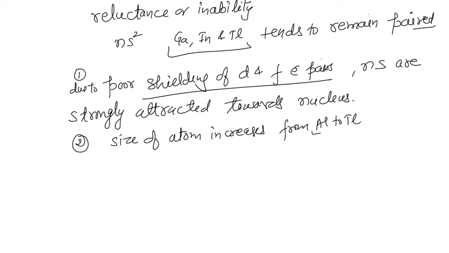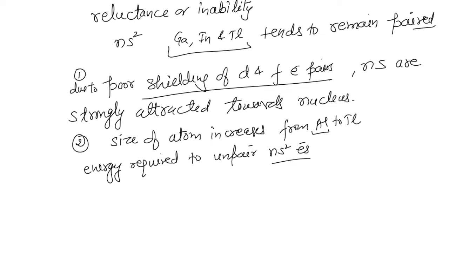There is a slight decrease in gallium, but the regular trend is that it increases as we go down the group. So the energy required to unpair the ns2 electrons